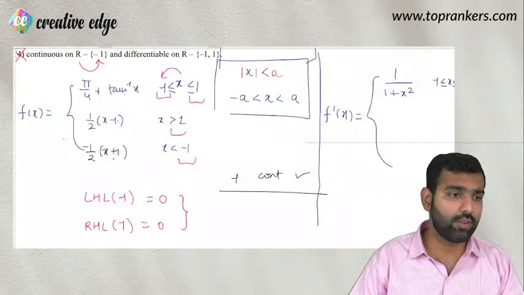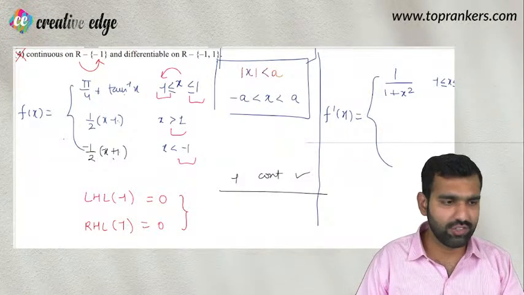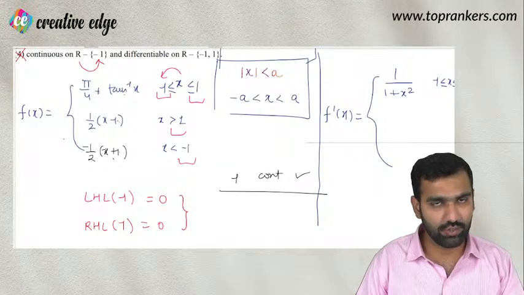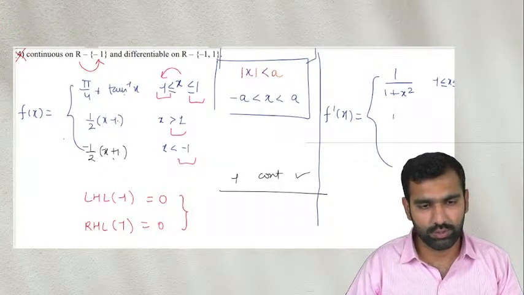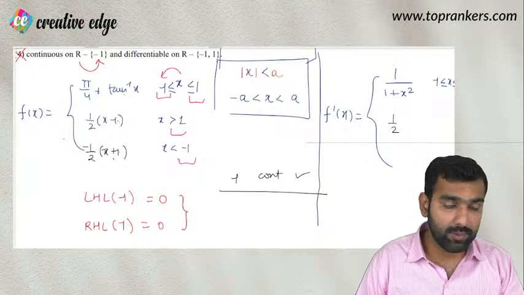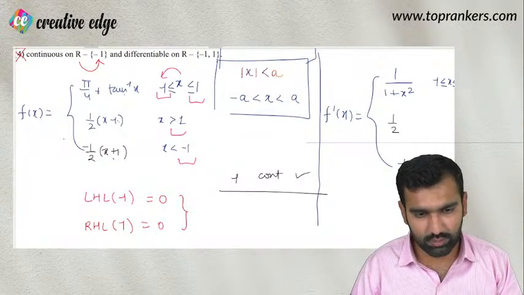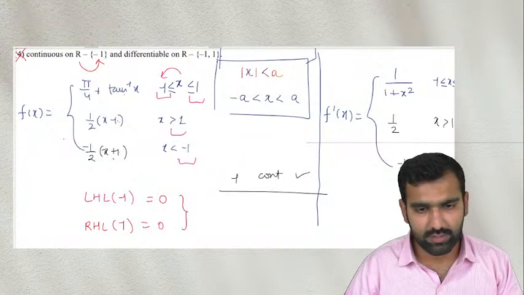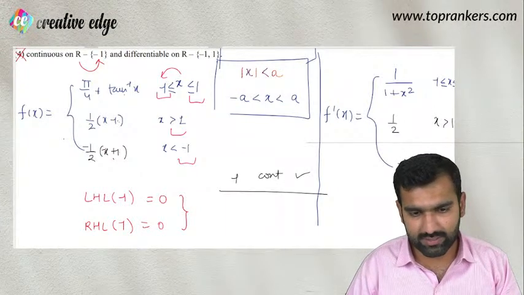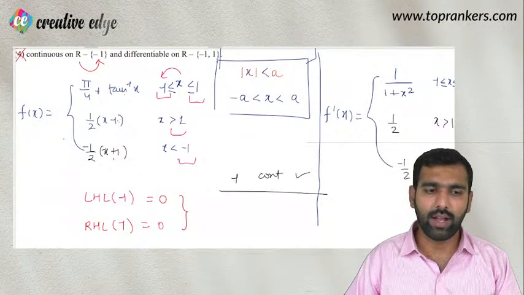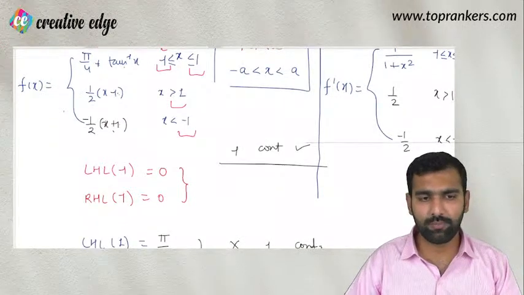So this is how you define tan inverse x, right? This differentiation is going to be 1/2, x का differentiation 1, this is 0, so this is 1/2. यहाँ पे जब differentiation करेंगे तो -1/2 constant, x का differentiation 1, so this is -1/2. So this is the derivative जब तक x की वैल्यू 1 से बड़ी है ये, जब तक x की वैल्यू -1 से छोटी है ये। अगेन आपको डिफरेंशिएबिलिटी भी अगर चेक करनी होती तो आप पहले सबसे पहले लेफ्ट हैंड